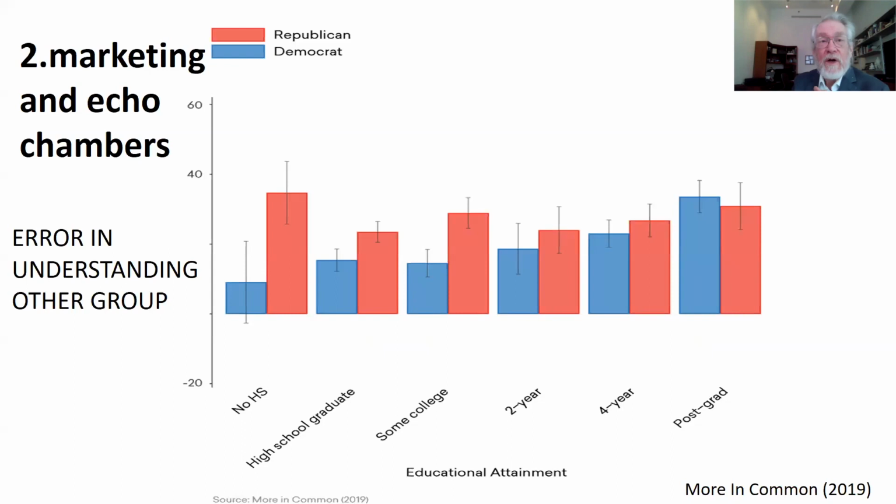Marketing and echo chamber. So I like this. This is a website called More in Common that comes out of the University of Pennsylvania. And it shows error in understanding the other polarized group. So this happens to be Democrats, but there's a similar one for Republicans. And the error is measured by how much can you predict what the other side will say? How accurate are you if you're a Democrat predicting Republicans, if you're a Republican predicting Democrats? And it turns out that people with post-grad education that are